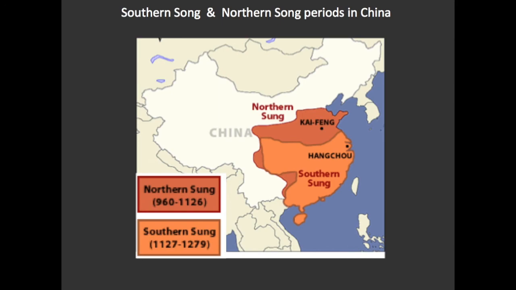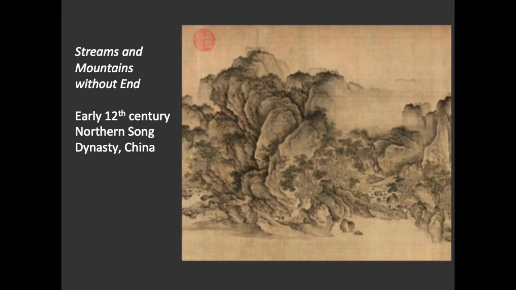Buddhism was still practiced, but primarily in northern and northwestern China. We can further study the monumental mode with this painting, Streams and Mountains Without End, from the Northern Song. Painting during the Song Dynasty was deliberately more restrained. In the monumental mode, built upon the practices of Neo-Confucianism, paintings of mountains and rivers became metaphors for morality.